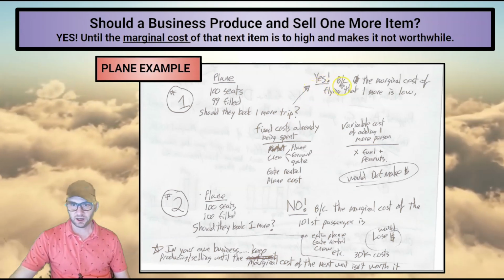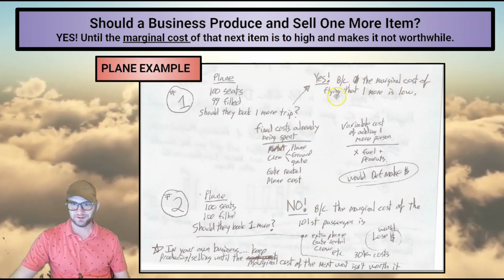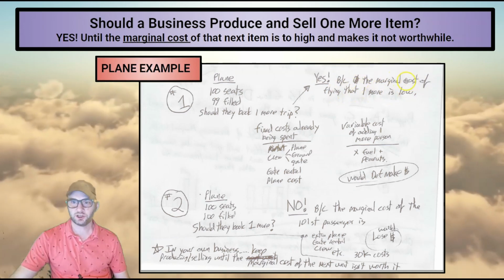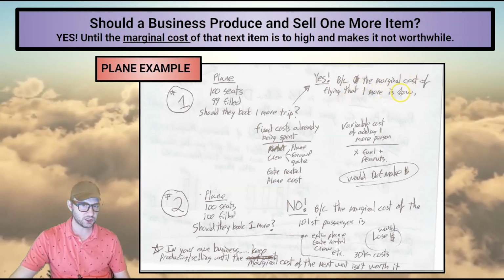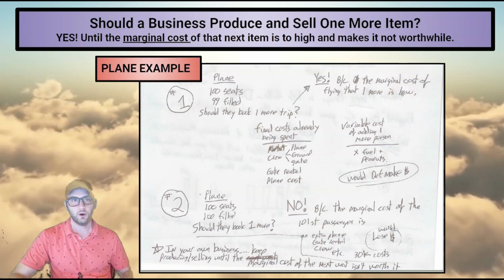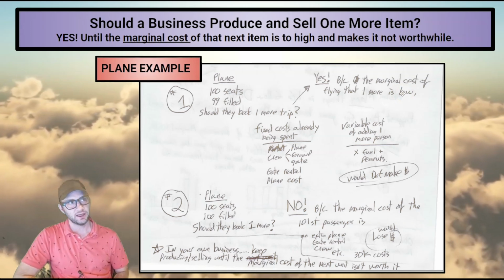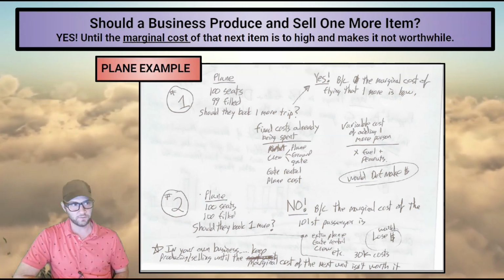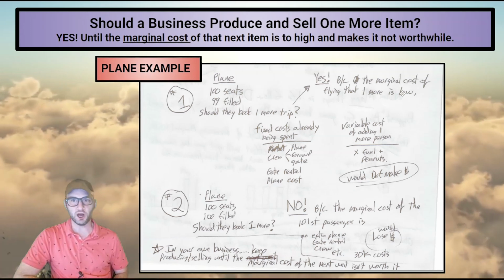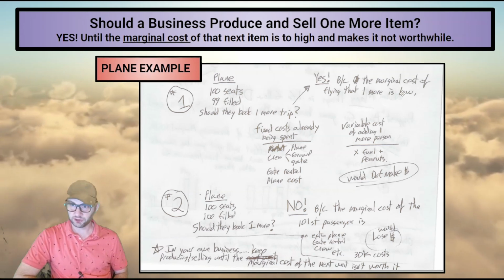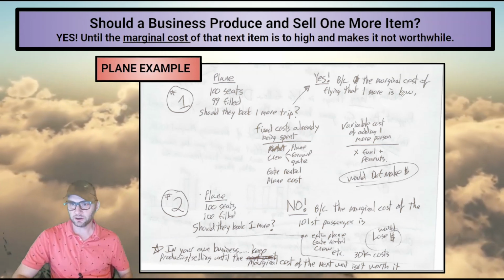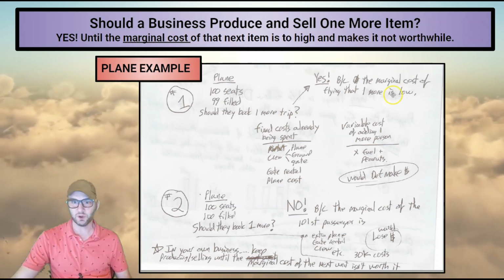The definition is because the marginal cost of flying that one more person is low. The marginal cost, how much it would cost the company to put that one more person in, is low. And not just low, it's lower than they would charge the person, so they would make a profit. What is that one line the economist said to me? He said, you know what? Business doesn't go for a big bang for the buck. Business doesn't try to hit a home run. If a business can make $1 by doing something, they'll do it. That's capitalism. If you can make $1 by doing something, the business itself will do it.